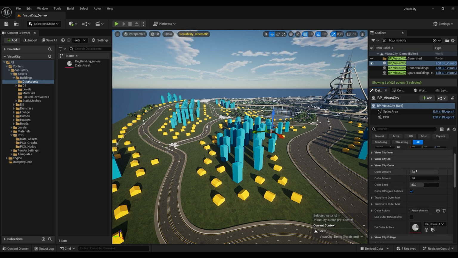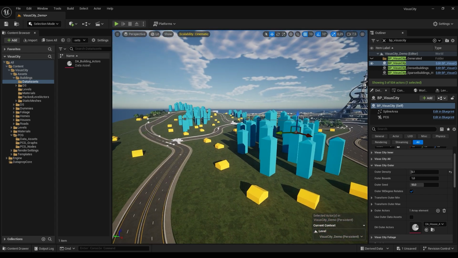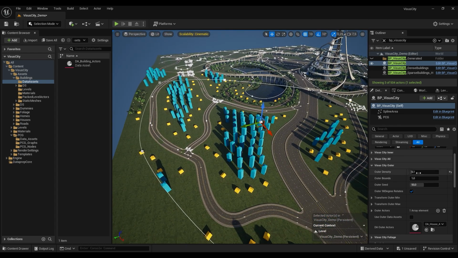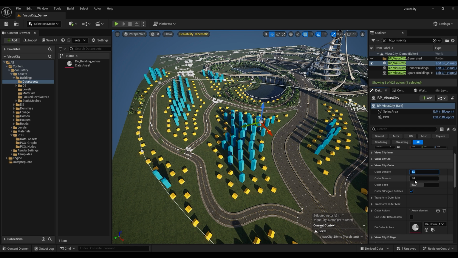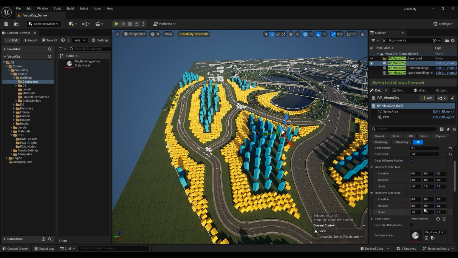Same principles, it's your density. If I make it 0.1, now the yellows, we're working with the outer, the yellow objects, much less houses. Let's make it back to 1, the density 1 is the maximum. If I reduce the bounds, the houses become even more dense. Same principle as the inner things, and also random rotates 90 degrees, also random transformations, but here you'll see the default is 1 to 1 to 1. I do not transform my houses because